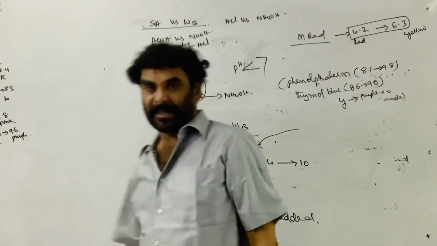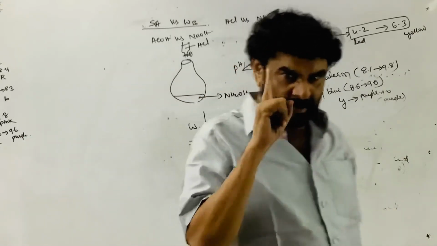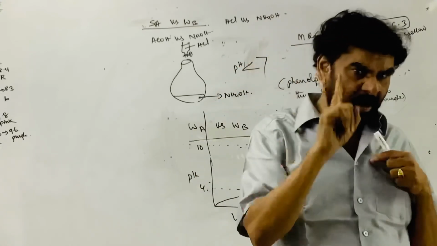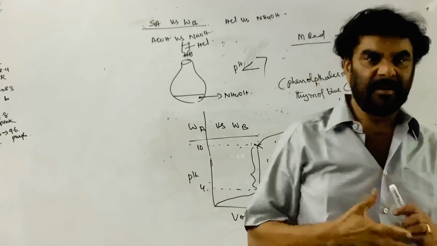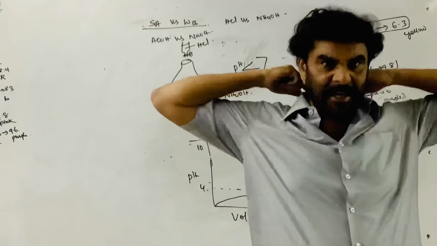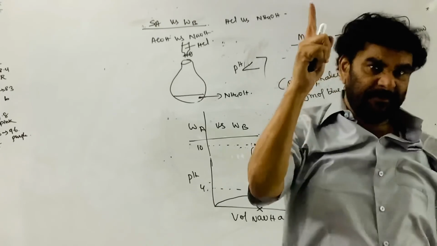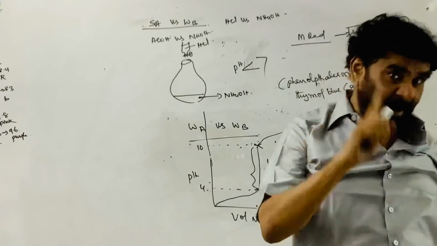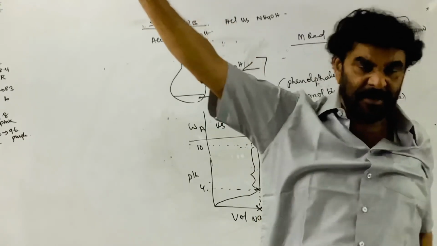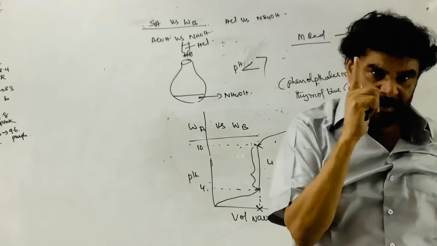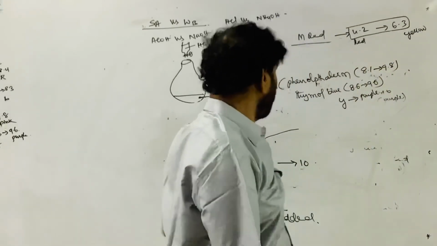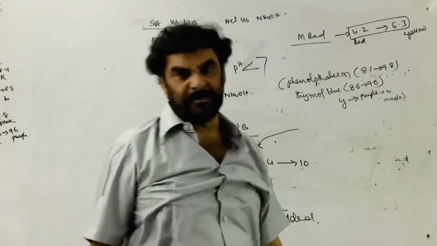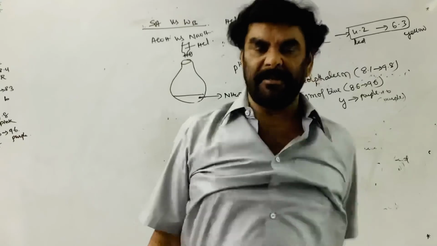Therefore, the selection of the indicator: HCl, an acid, is taken in a strong acid versus strong base titration. If the base is the titrant, then finally the solution will be in the basic range. Therefore phenolphthalein is the right indicator. In place of that, another indicator which is not common, thymol blue, can be used. These two are the best indicators.